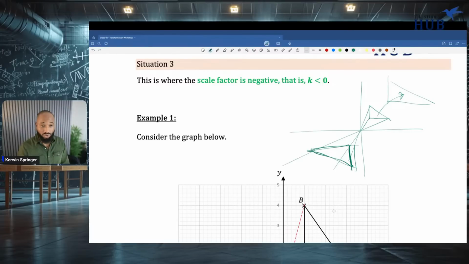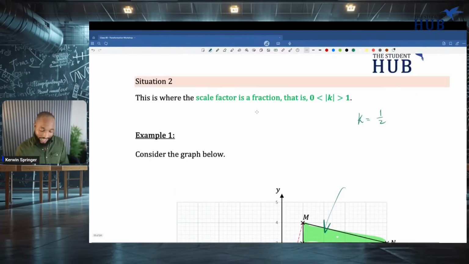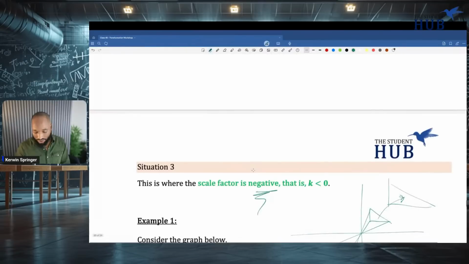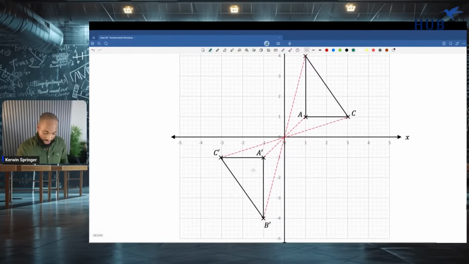It doesn't reduce. If it's negative, it doesn't reduce. When does it reduce? It reduces when it's a fraction. Now you can get negative fractions, which will let it reduce inside this. It will flip and reduce. But it must be a fraction to reduce. If it's just negative, it flips across the